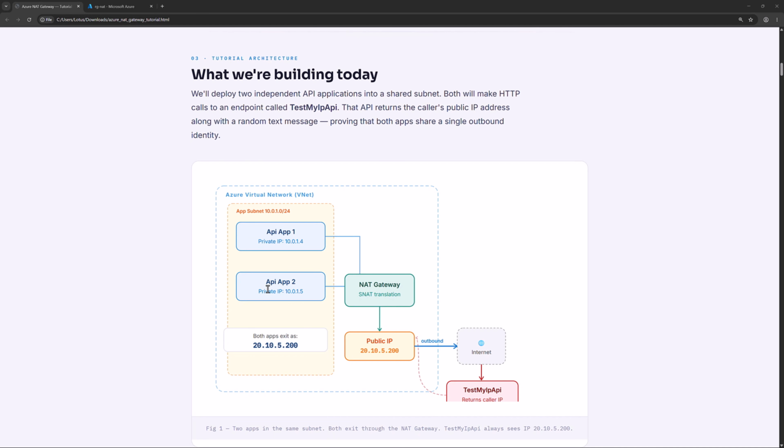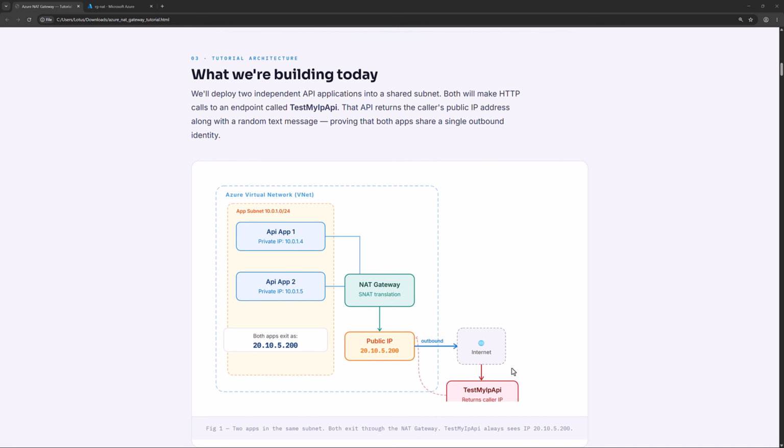All of them work with this technique, and we can make sure that all the outbound requests go through this NAT gateway,